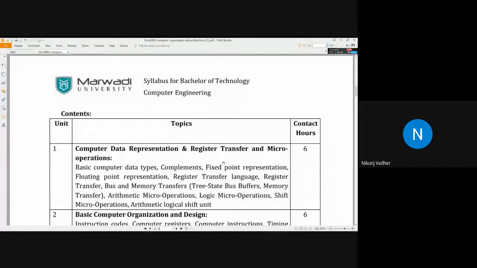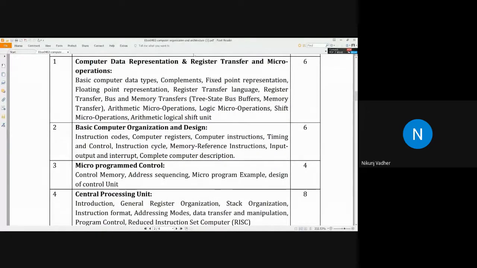Let's move forward. Let's start with the content we are going to learn today. In this subject, we will be starting with computer data representation and register transfer, register transfer and microoperation. Here we will start with register transfer language, register transfer, bus and memory transfer, arithmetic microoperation, logic microoperation, shift microoperation.